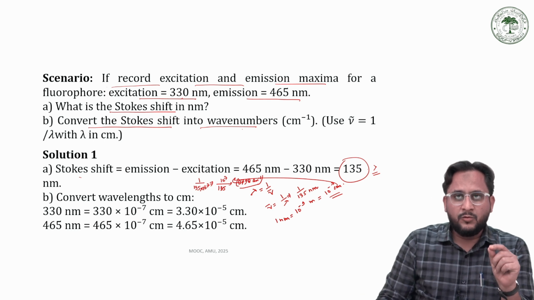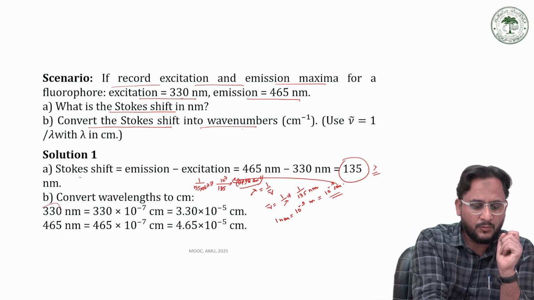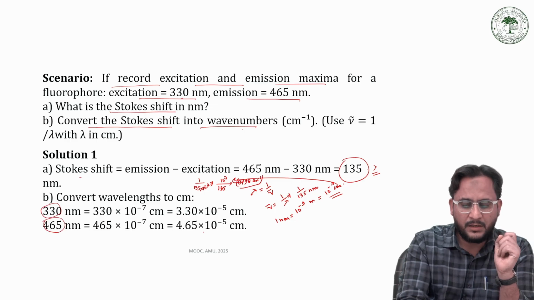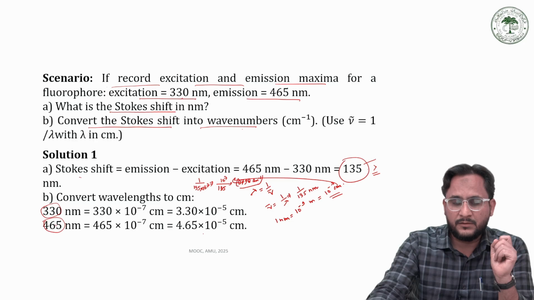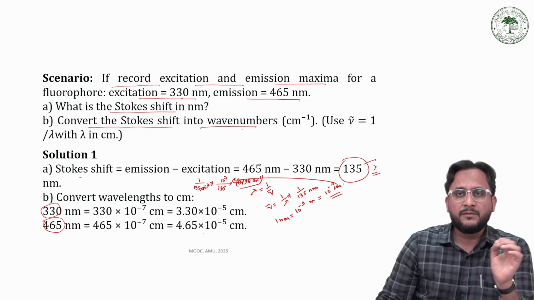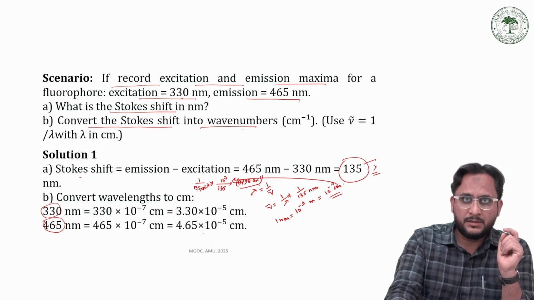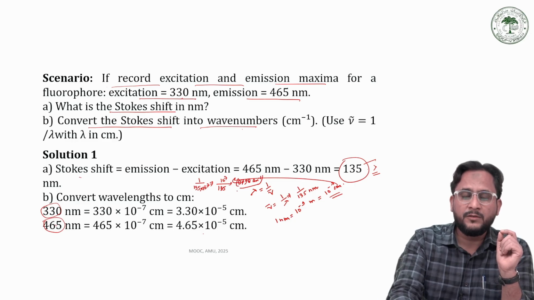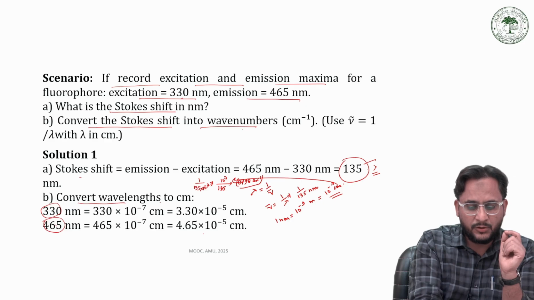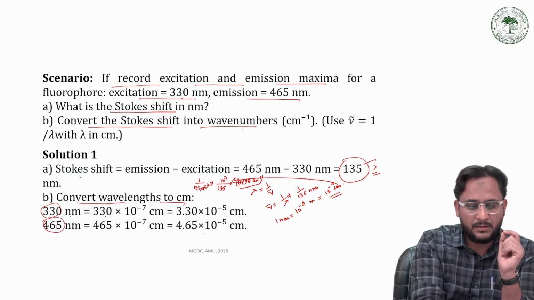So we have two ways to do this calculation. Either we can convert both these wavelengths into wave number and then take the difference, or we first of all take the difference, the answer is 135, and then convert this 135 into wave number. I have explained by noting down the difference in terms of wavelength and then converting it into wave number. In this solution, we have given the other method: 330 into 10 to the power minus 7,